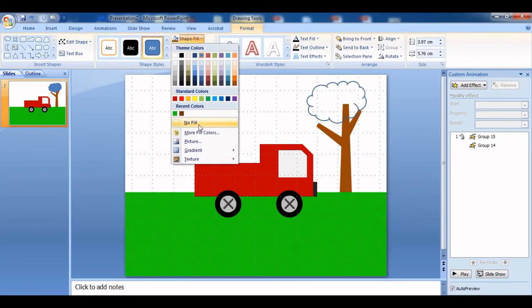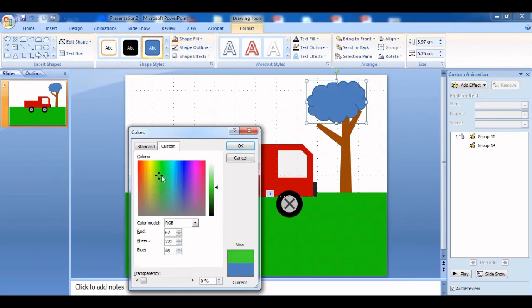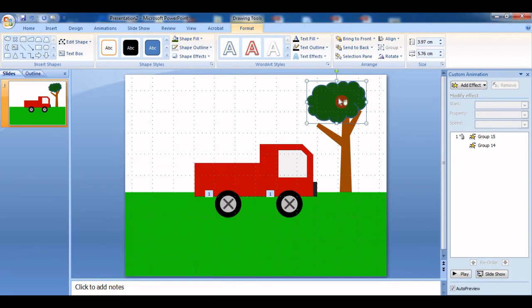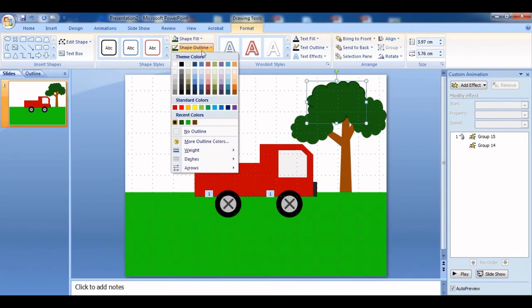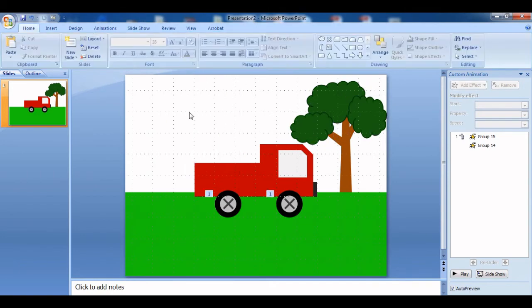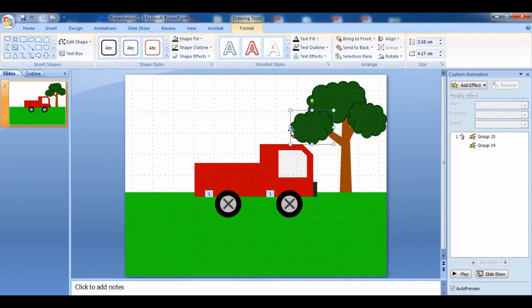So let's see what color. Okay, I think dark green is probably better. I need like 3 of them, and of course no shape. Oh, I added an outline that's going to be a darker type of green, so it looks a lot better. Okay. All right. Once you get that done,